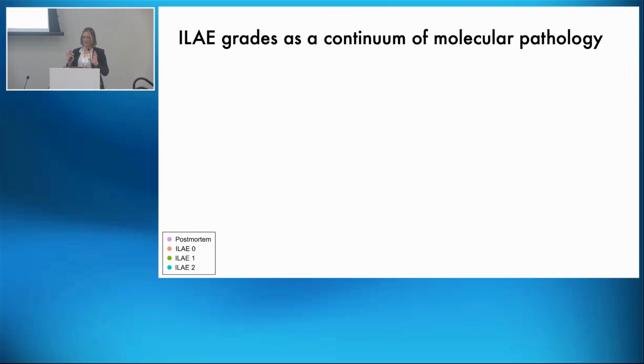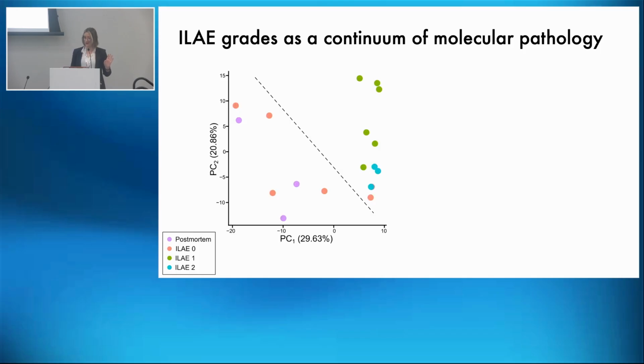What I did is I averaged the gene expression for all cells. Basically I made one model cell for each patient to then compare the molecular profile of each patient across all patients, which is why we now end up with 18 dots. Then I did principal component analysis, which gives us an idea of which genes have the highest impact on variability between samples. So PC1 is the principal component that explains 30% of the variability, which is pretty high.